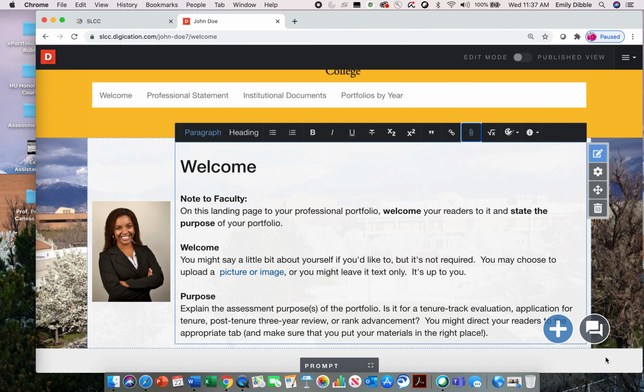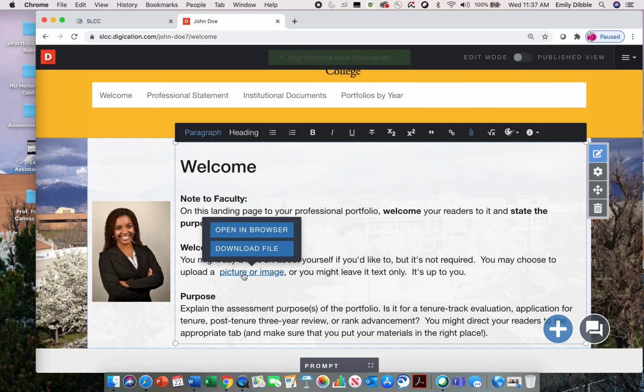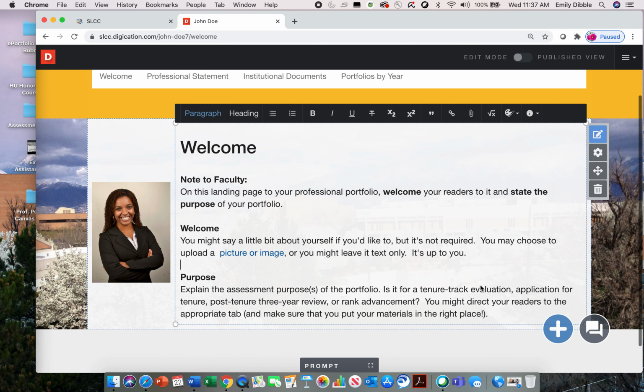And then once that's uploaded, you're going to see that this is turned into a link. So if I hover over this, or somebody wants to, they can open it in a browser or they can download it. They have the option. And I can do the same thing with a Word document, for example. So let's pretend that this is a tenure track evaluation. And I can go in and again find the paperclip,